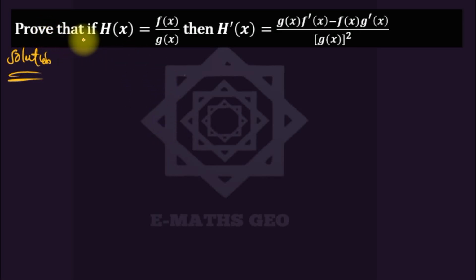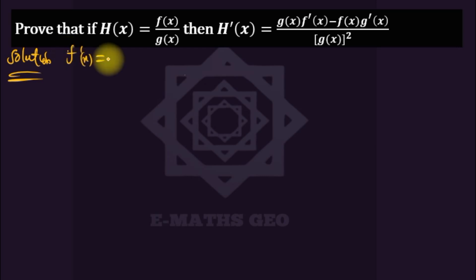So we have to prove that if h of x is equal to f of x over g of x, then the derivative is this. This is called the quotient rule. We're asked to prove the quotient rule. But before then, if you could remember,